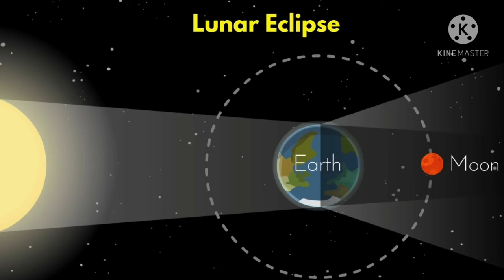By analyzing the movements of the Sun, Moon, and Earth, astronomers can predict the date and time of an eclipse. It is advised not to look directly at the Sun during a solar eclipse, as it can affect the eyes adversely. However, lunar eclipses can be observed with naked eyes.